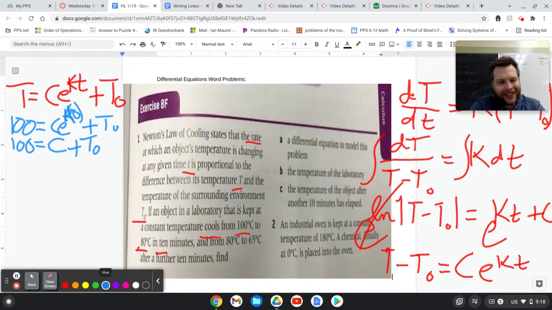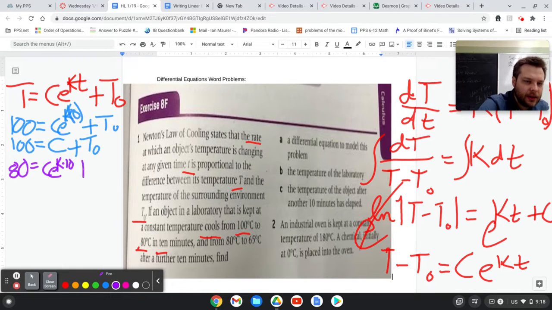Then it cools to 80 degrees in 10 minutes. So let's use a slightly different color here. So 80 degrees is equal to c e to the k times 10 plus T naught. If we subtract those two values, then we will cancel out the T naught. And so that would give us,